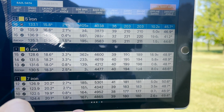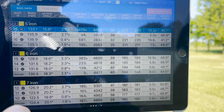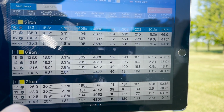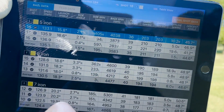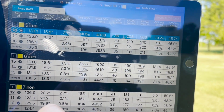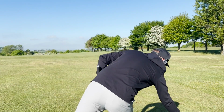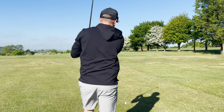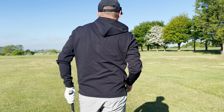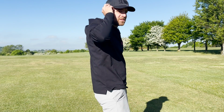I think I'm going to ignore that 221 because it went 19 yards left. So pulled, D loft, as you can see the descent angle there was down at 41. But the other two, so 210 carry with a 5 iron, 203, one just not as good. So obviously they're like stronger lofts. So it's basically like having a 4 iron here, but